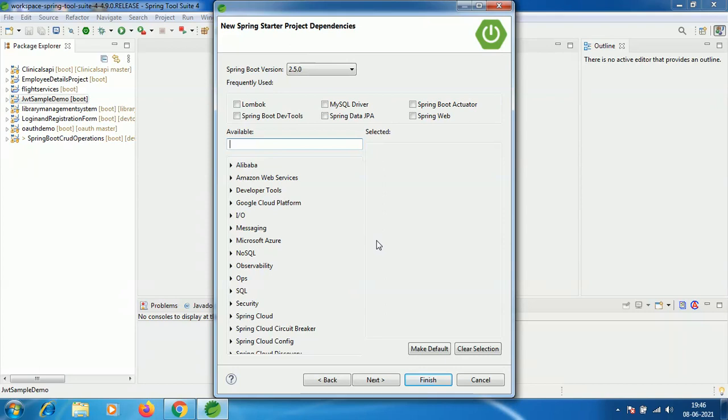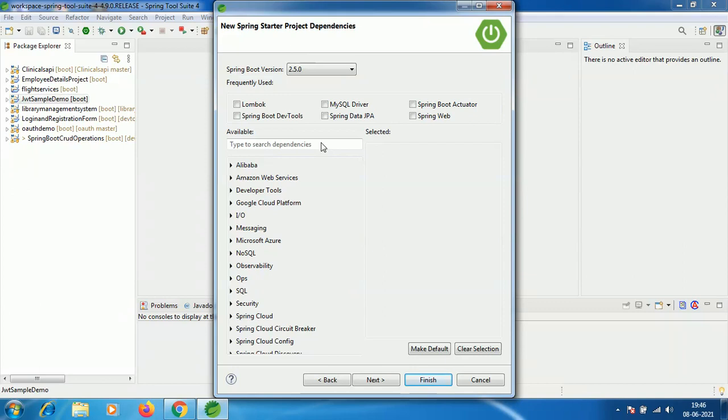Here, the Spring Boot version 2.5.0 is the current general availability version of Spring Boot. This is not a snapshot version. Click on Spring Web dependency.